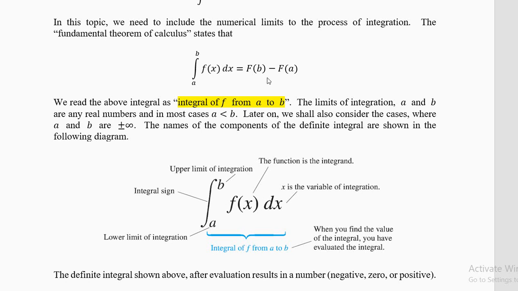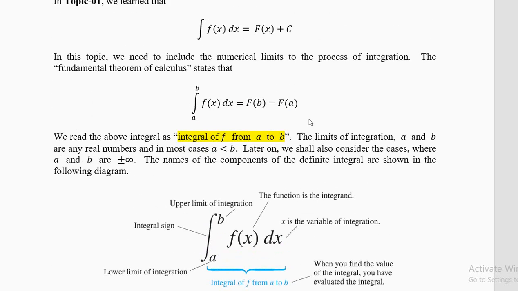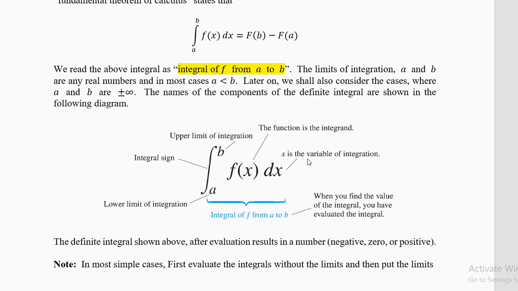And this definite integral can be negative, positive or 0. It will be some number, F of b minus F of a. So a and b are numbers, so F of b is a number, F of a is a number. So your definite integral will be some number which can be negative, positive or sometimes even 0. And in each case it has a geometric interpretation. We'll discuss that some other time.